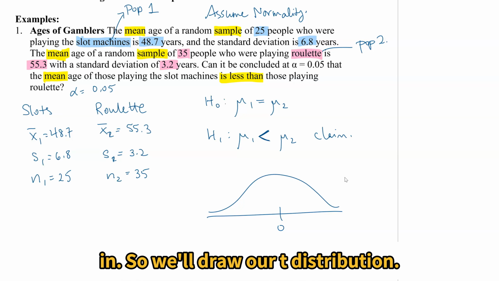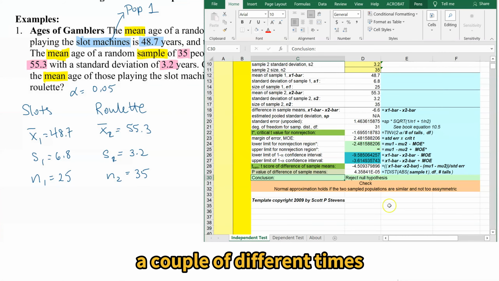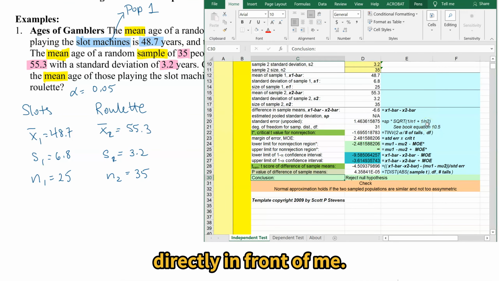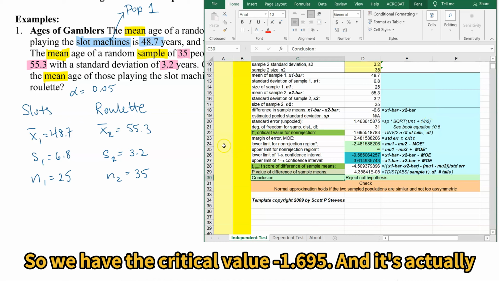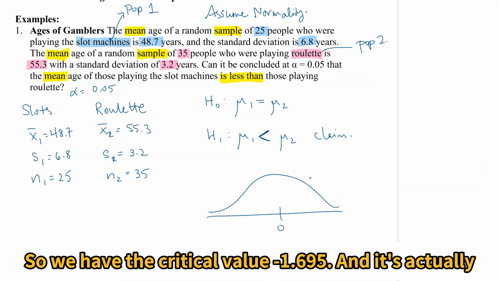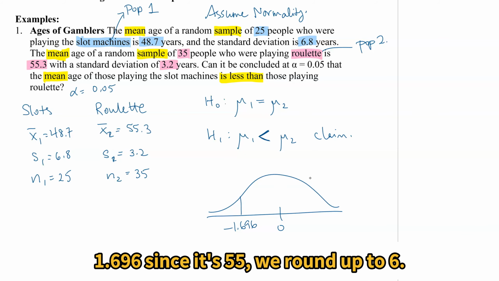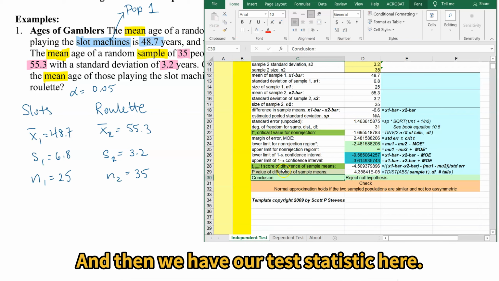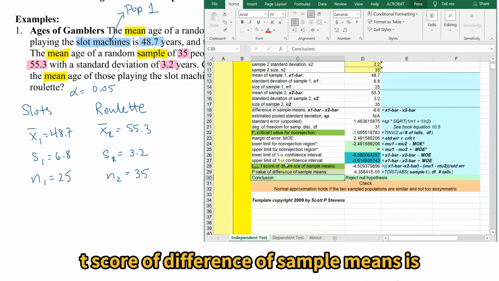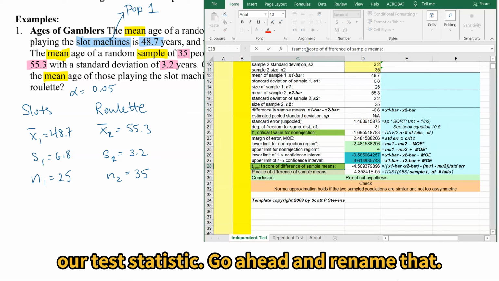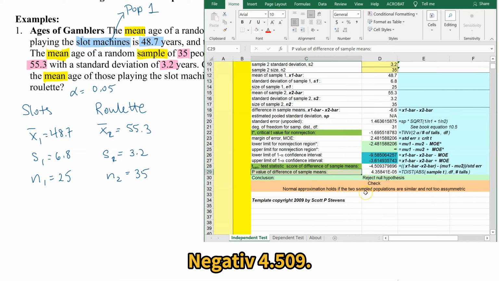So we'll draw our t distribution. I'm going to be switching back a couple of different times because I don't have these values directly in front of me. So we have the critical value, negative 1.695, and it's actually 1.696 since it's 5.5, so we'd round up to 6. And then we have our test statistic here. T-score of difference of sample means, this is our test statistic. Go ahead and rename that negative